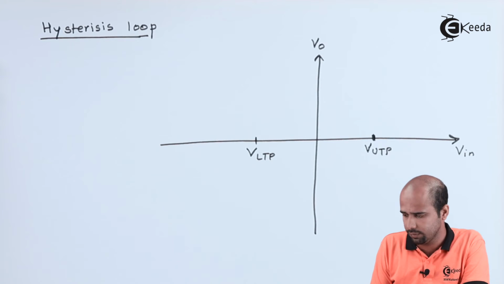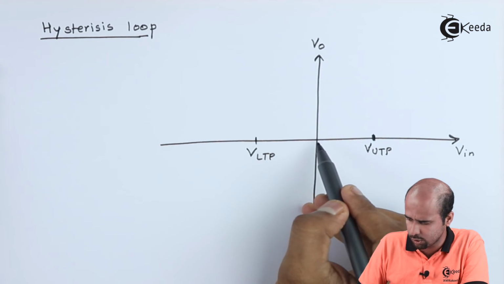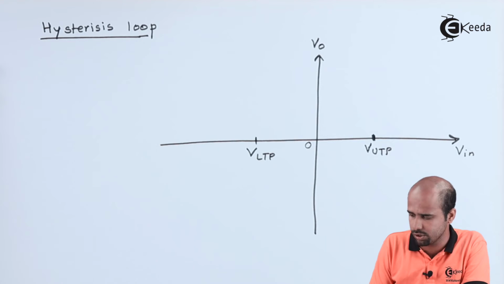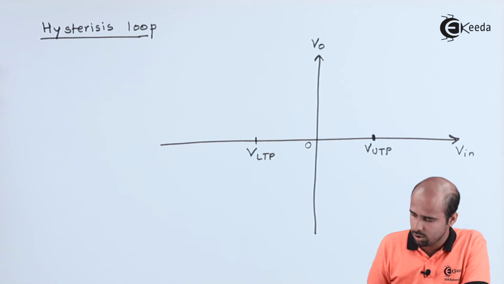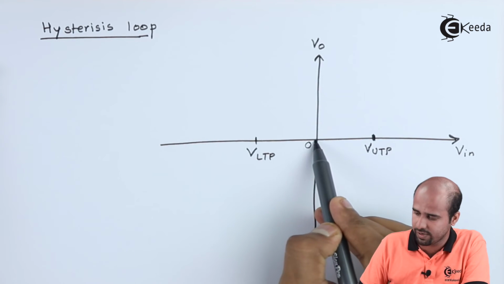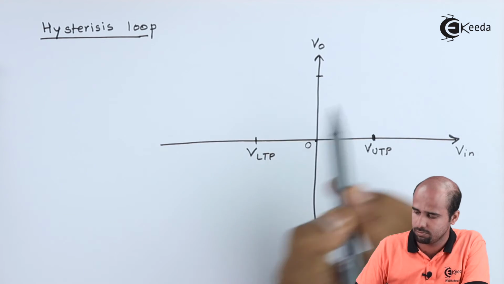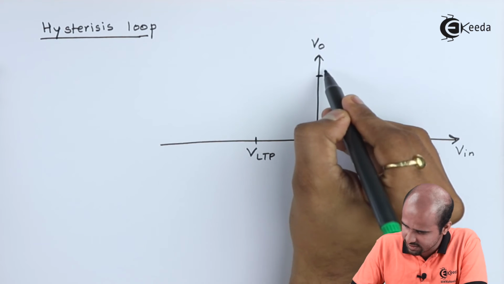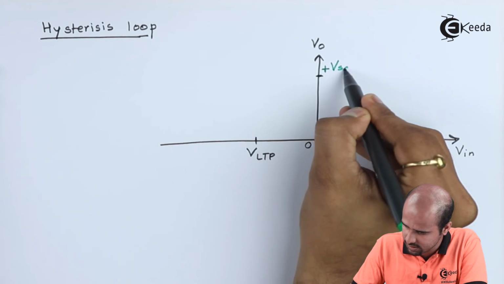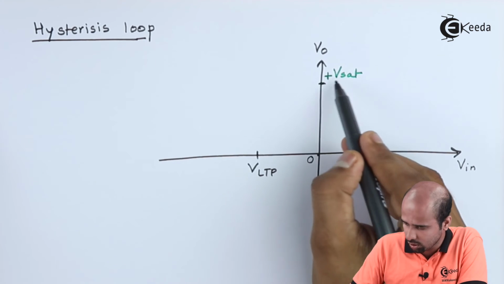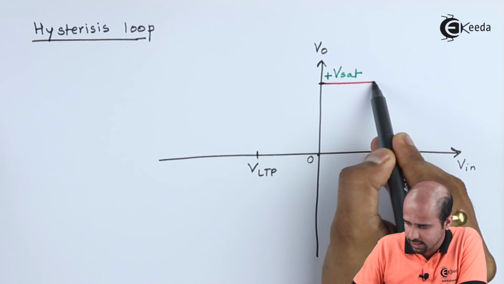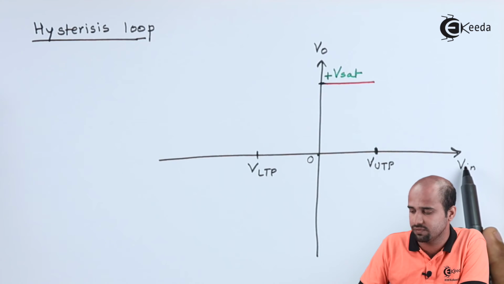Okay. Now initially at time t is equal to 0, that means Vin is equal to 0. At time t is equal to 0, Vin was equal to 0, because omega t is equal to 0, sine of 0 is 0, so your value of V1 will be 0. So when Vin is equal to 0, your value of VO is assumed to be plus Vsat. If it is plus Vsat, we will name this as plus Vsat. This value will continue to have a constant value of plus Vsat unless I get the input voltage which is